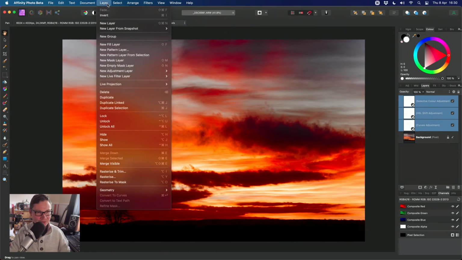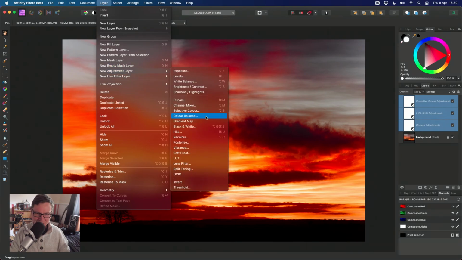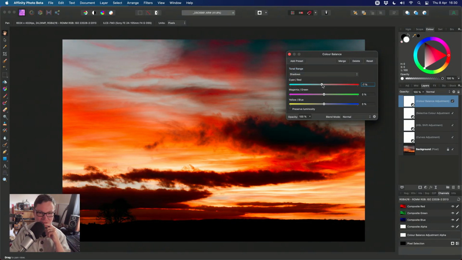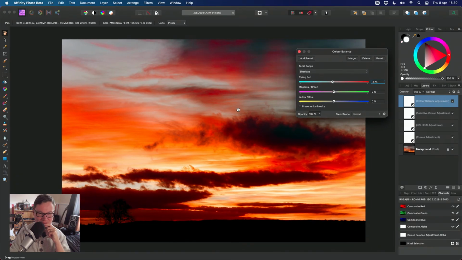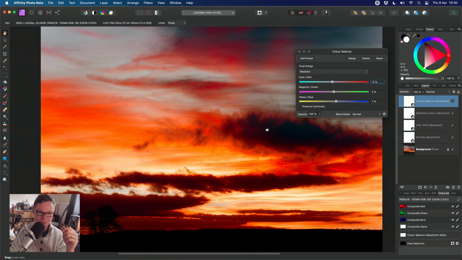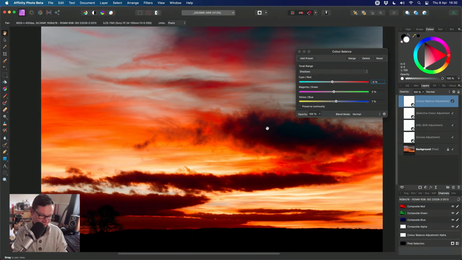Let's see. I'm going to use a color balance adjustment, I think. I don't really use color balance very frequently, but sometimes it is useful to separate the tonal regions and maybe just add a little bit of a bias in there, or rather use it to kind of neutralize a certain bias. So if this is a bit red and orange heavy, for example,